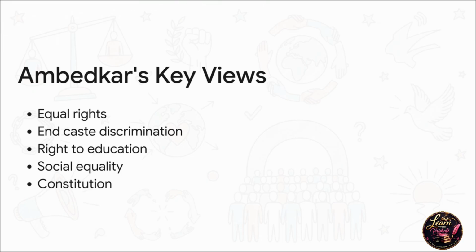It's the master key. He also advocated heavily for social and economic equality because he recognized a basic truth. You really cannot have social fairness if the economic gap between people is just too extreme. Finally, his ultimate method for achieving all this was establishing justice through the Constitution. He believed that the highest, most powerful law of the land had to be the primary engine driving this fairness